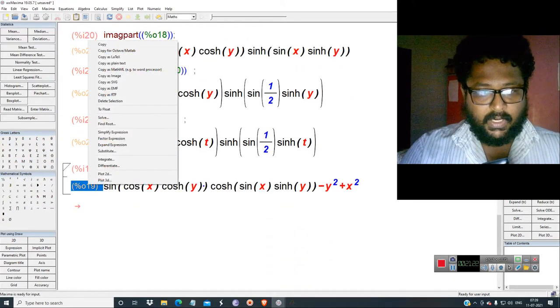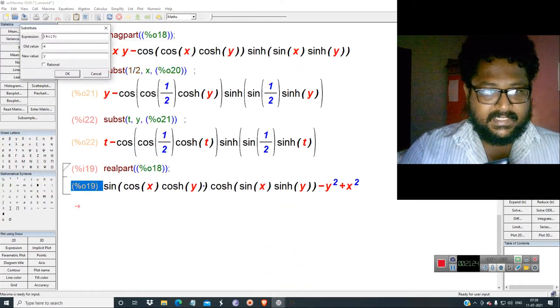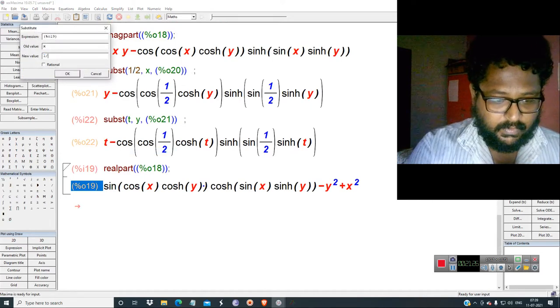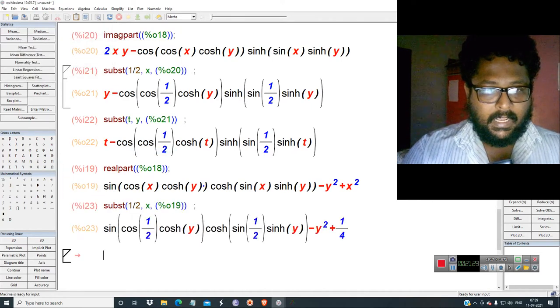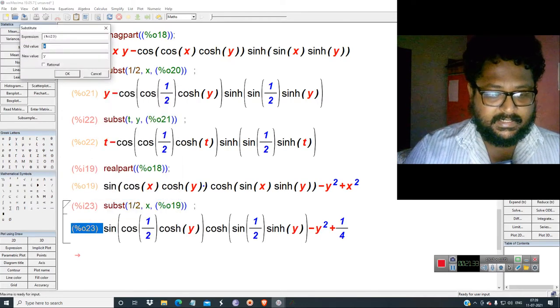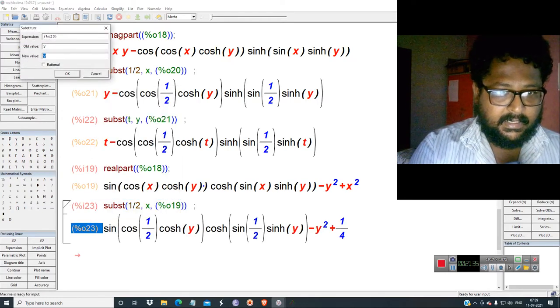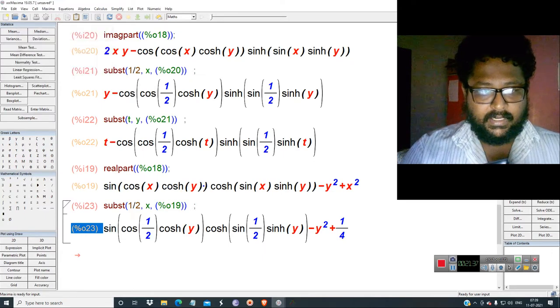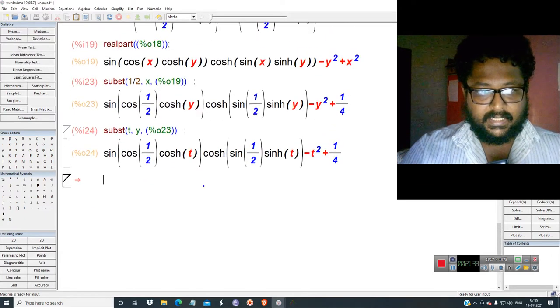Now here I substitute x as half and y as t, and you get a function like this.